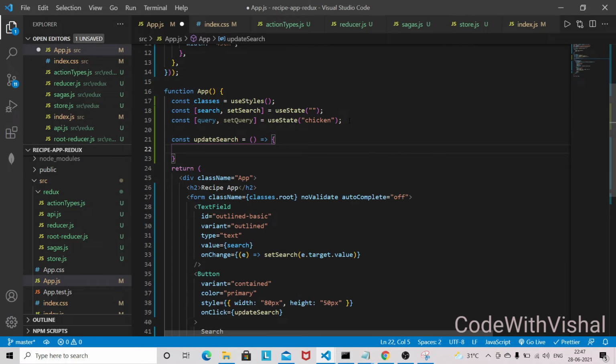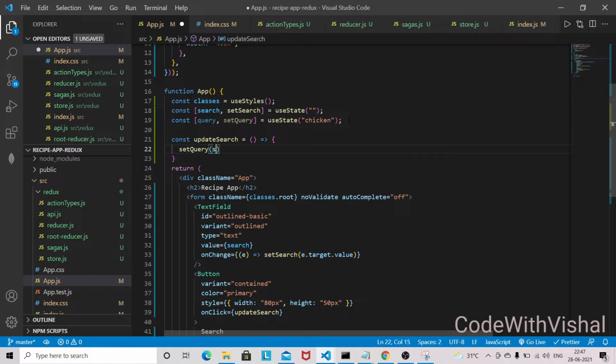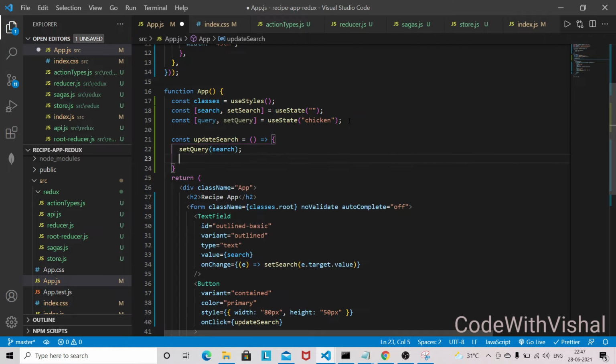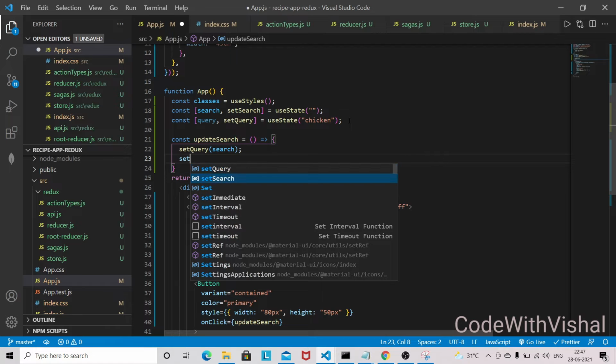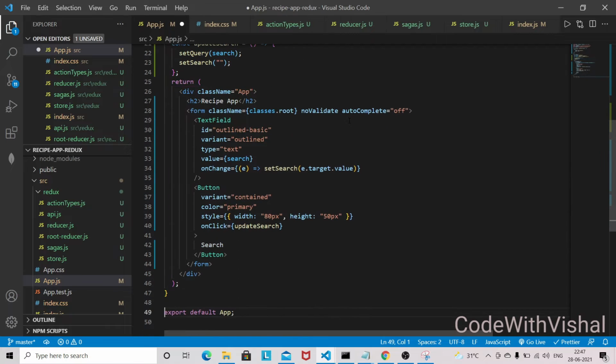So once the user has completed the typing, and if he hits the search button, then I am going to set the query, and the query will be our search value, and setSearch will be empty. So you can see that.